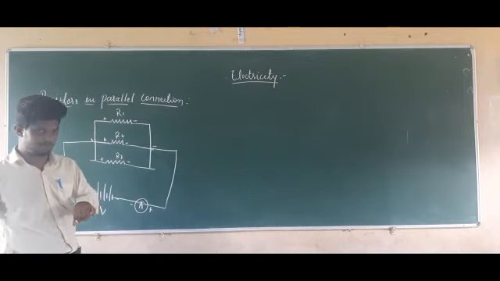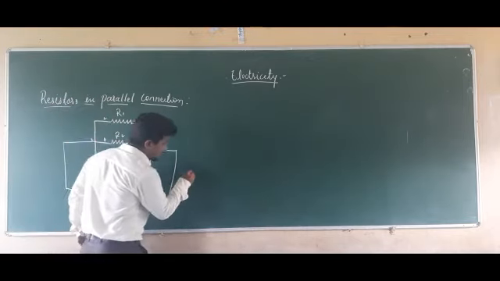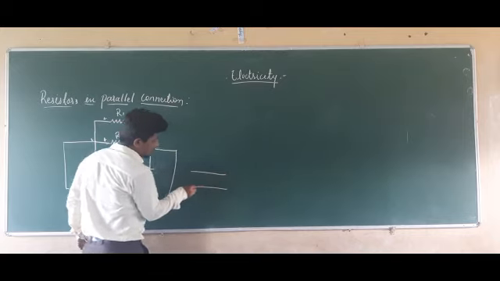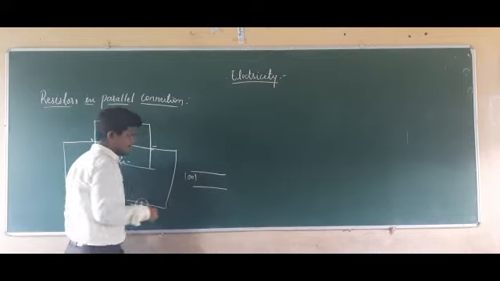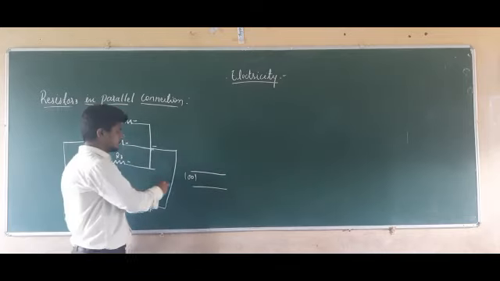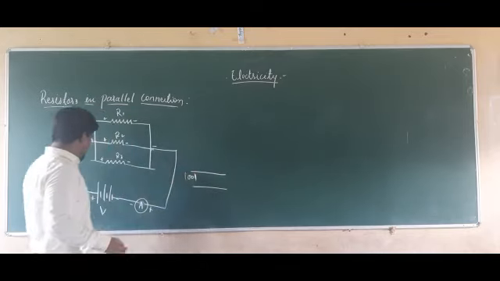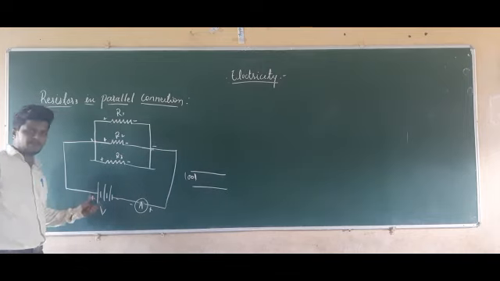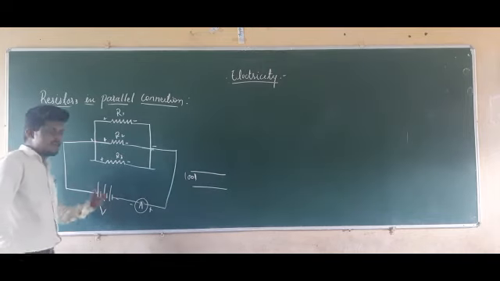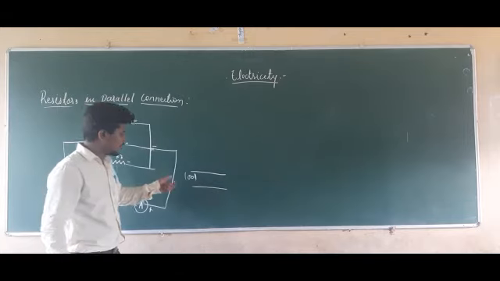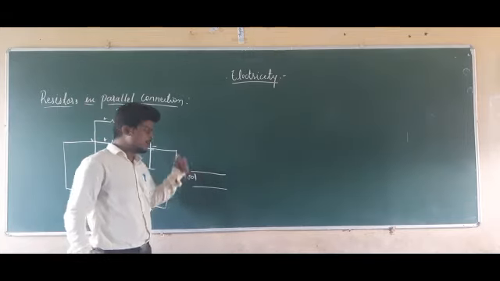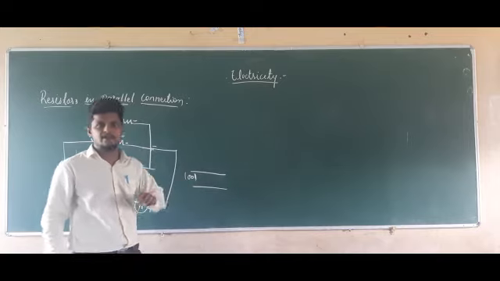Another example. Take a pipe connected like this, a big pipe. Again we are going to pour 1000 liters of water, 100 liters of water, like the first case. Whatever the amount of voltage supply we give here, in that same manner that amount of current is going to flow. In the same way, the amount of water we give here is going to flow through the pipes.